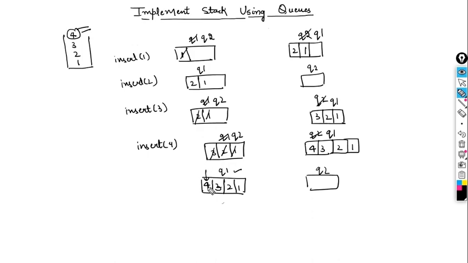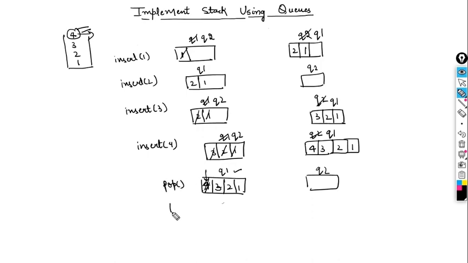I think 4 should be popped out, right? So in this way, changing the push operation can help in keeping our pop operation preserved. We just need to make some changes to push operation, and pop operation will perform the way that we want, right? So as we want to remove 4, 4 will be removed, okay? So I have popped out one element.